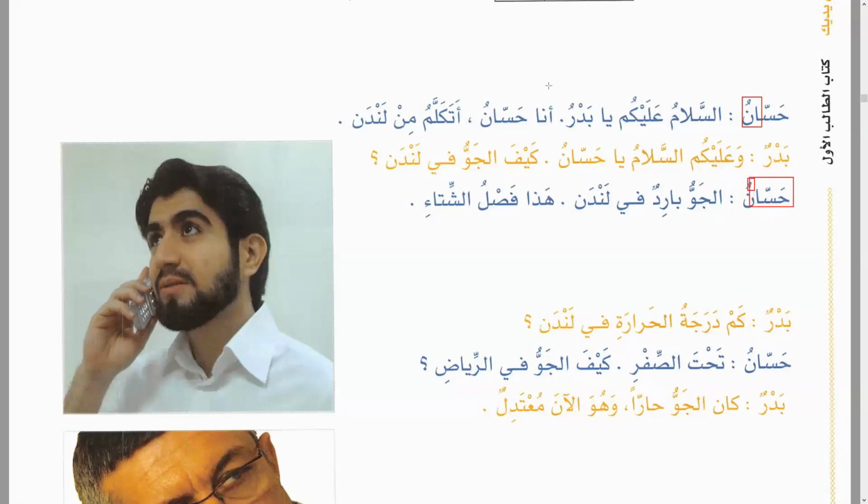We just need to understand that there are some names which do not take tanween, do not take kasra, because generally speaking, if a word doesn't have alif lam, it has to have tanween. It has to become definite, right? But sometimes it doesn't take tanween. Why? Because it is ghayr munsarif. It's called diptote in English. There are triptotes which take the normal fatha, dhamma and kasra, and there are diptotes, the dual ones, which take only the fatha and the dhamma. It doesn't take kasra, so it's called diptote, not triptote.